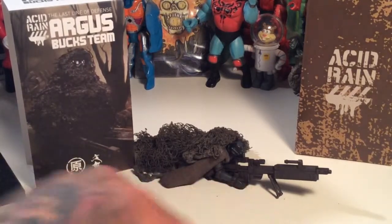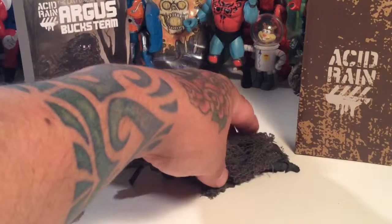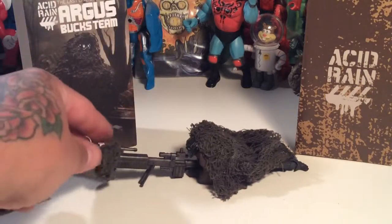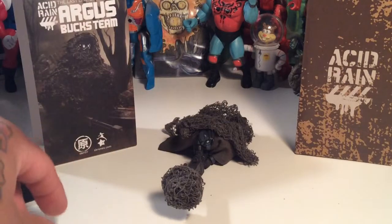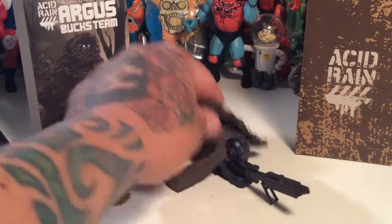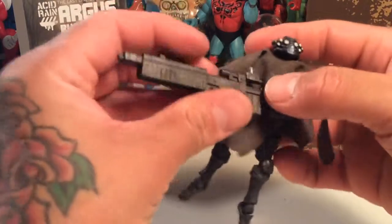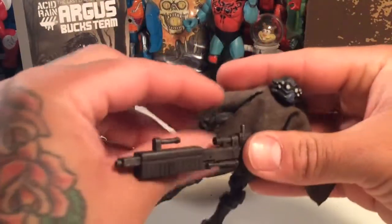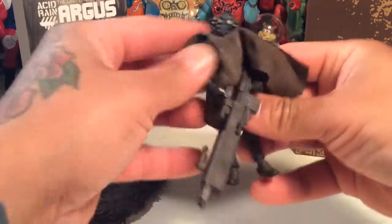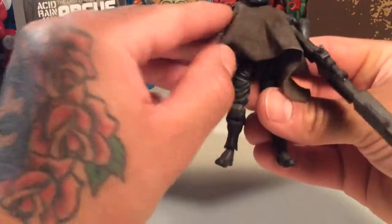Apologize for all the twiddling on this review, but I think it's worth it to really check this figure out, though, because you can get him in a cool sniper pose. He comes with all this soft goods that you can pretty much just maybe even cover over a tree or something. Like, you could be hiding behind some trees. And yeah, this is just a sick figure. And this is probably, I mean, I like all the Acid Rain figures I've purchased, but this guy is probably my top tickety top favorite. Like, this guy is pretty sick. This is a pretty cool figure, and I'm really glad I got him. This is a nice figure. This is a nice figure, indeed. It's cool. Got a cool gun, really sick articulation, cool soft goods. Kind of has this cool Boba Fett space age look, kind of post